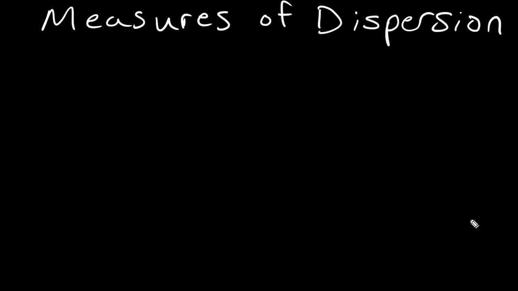In this video, we're going to continue talking about Chapter 4. More specifically, we're going to begin to talk about our second batch of measures, which are measures of dispersion. So, what we are trying to find out with our measures of dispersion is how spread out is our data. And an underlying concept behind that is how consistent is our data, how reliable is what we are getting from